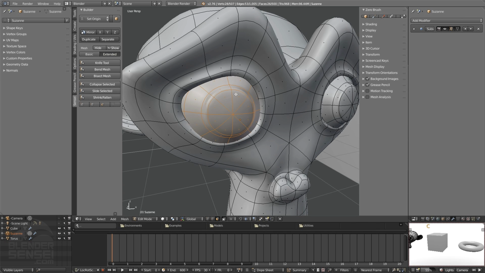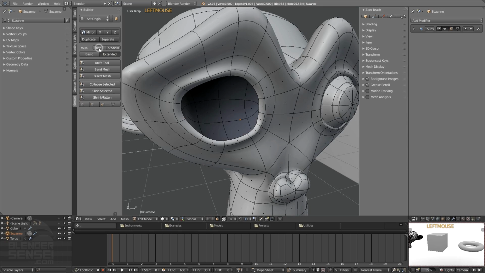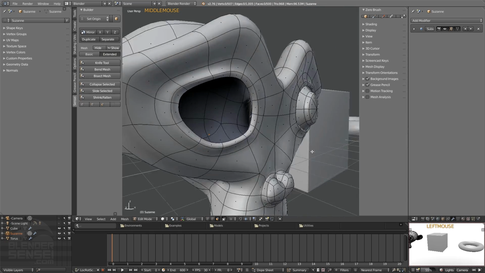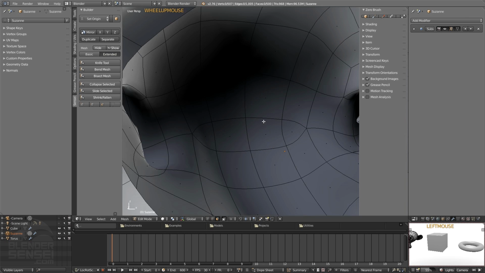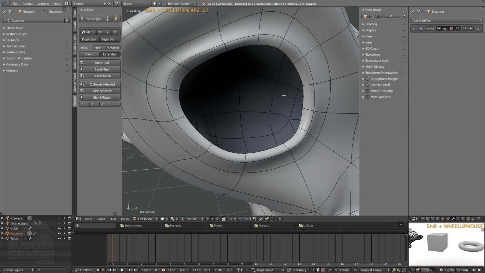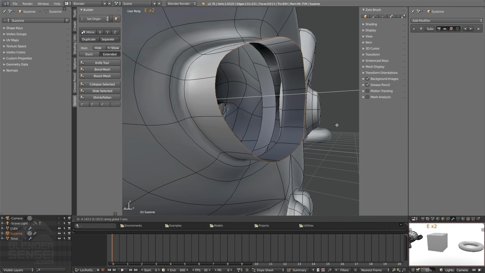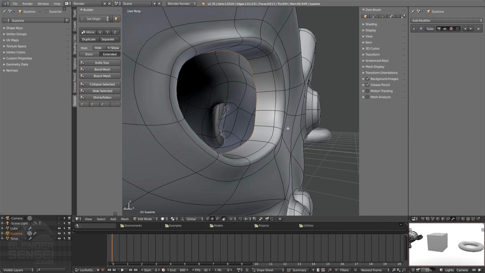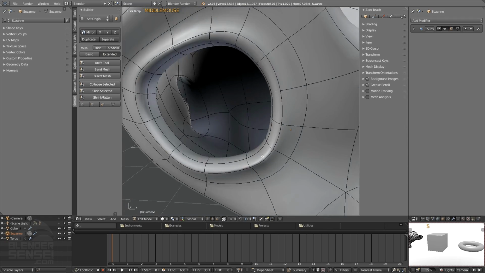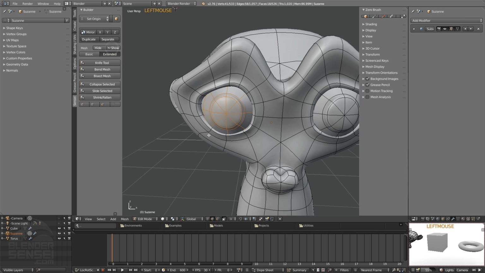To hide this mesh, I can also tap H, or I can simply use this little menu here to hide that, and so that's hidden, which is good. And so say I wanted to adjust this loop right here, or extrude it or something. Who knows, whatever reason. And then once I'm done there, I can just press show again, and that will